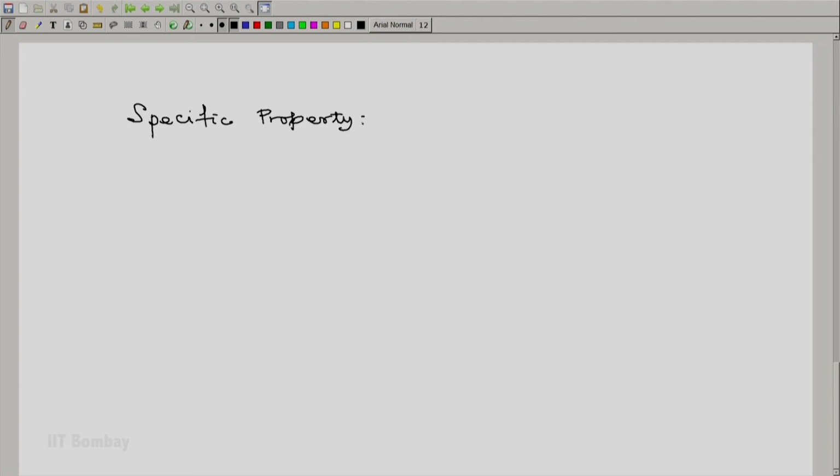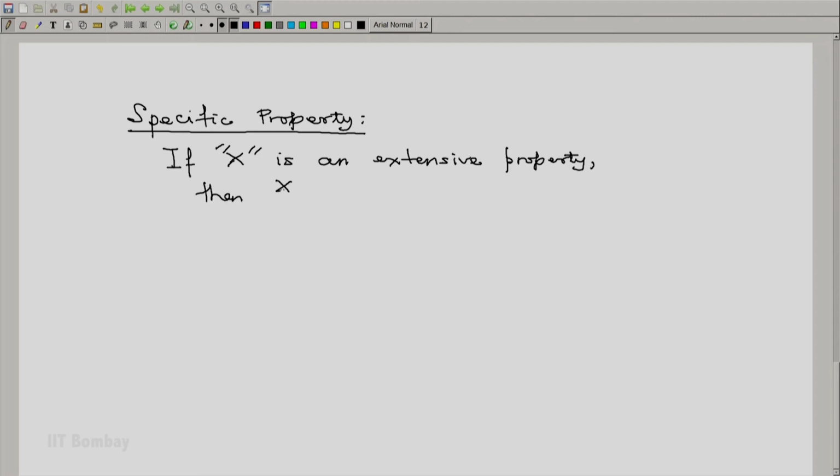Let us now look at what is meant by a specific property. The specific property is defined as follows. If X is an extensive property of a system, then X by M, where M is the mass of the system, is usually given the symbol small x or a lowercase x, and is then known as the specific property,